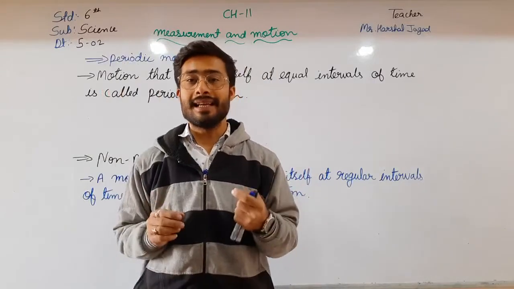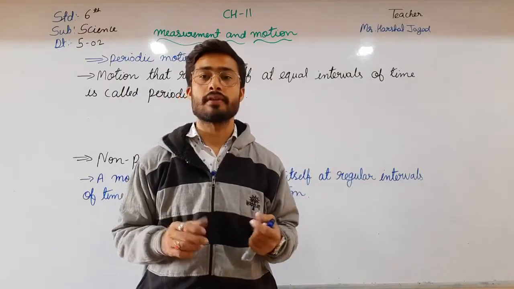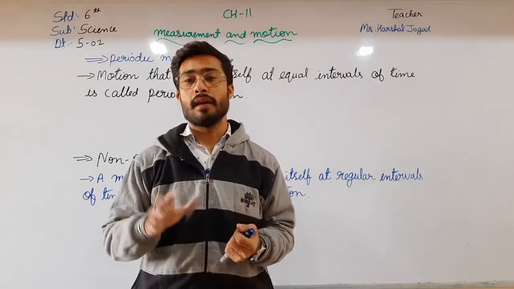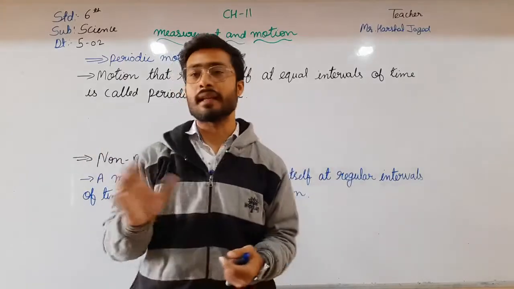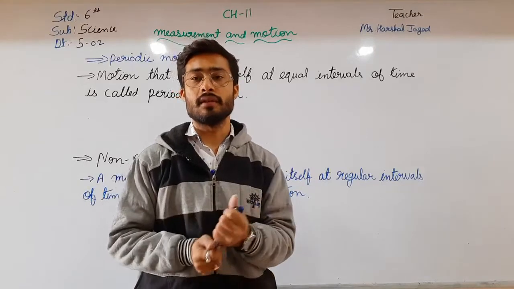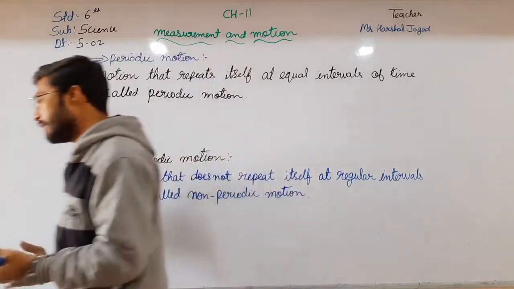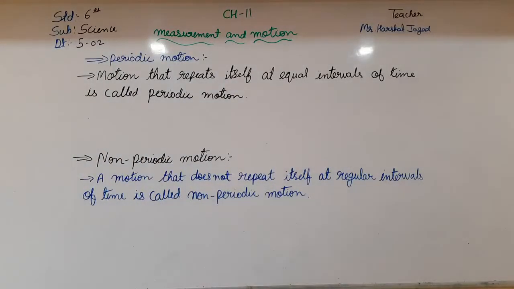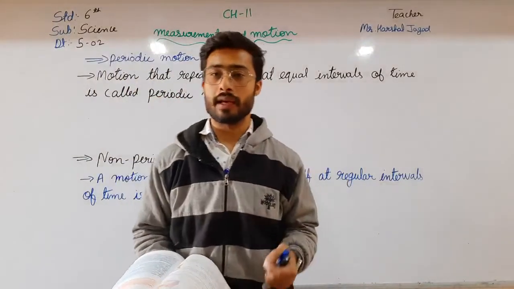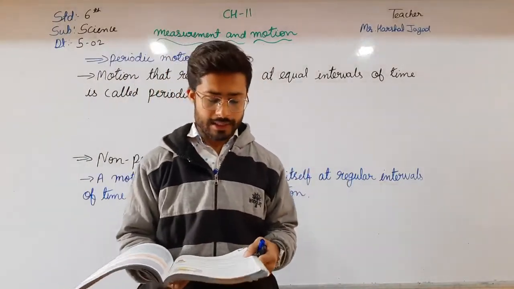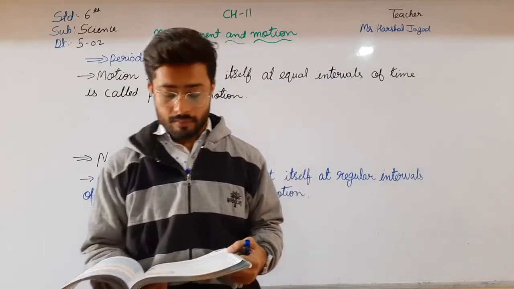What are they? They are some of the festivals in which there is a holiday. So they are some of the exceptions. But it is one kind of not pure periodic time. But there are some points in which there is not periodic motion. Okay, reading it. And also we know that the clock hands are periodic. Motion that repeats itself at equal intervals of time is called periodic motion.